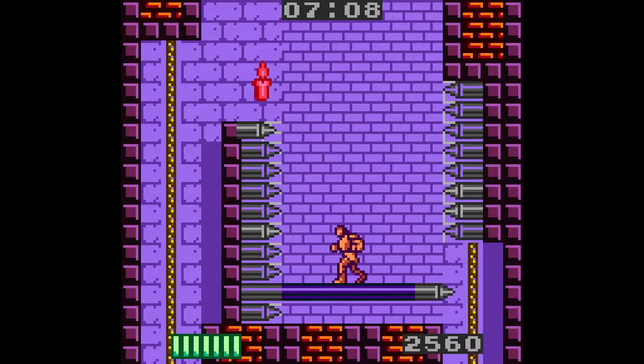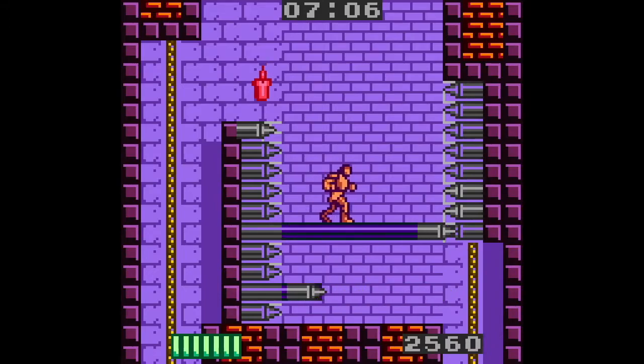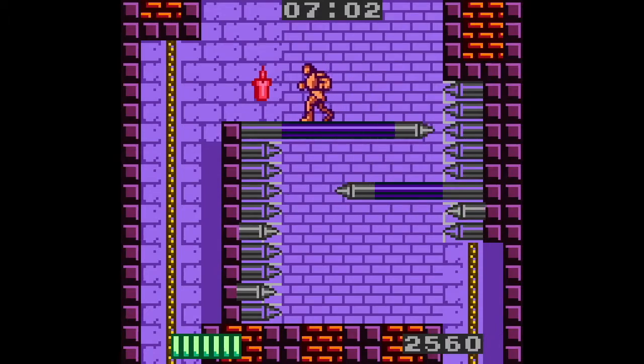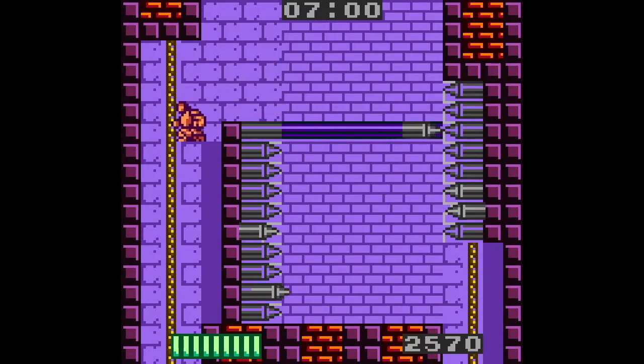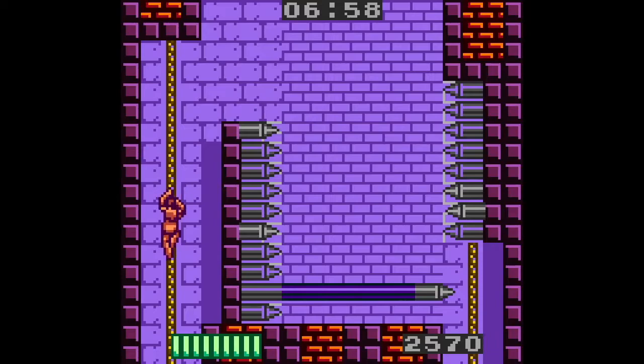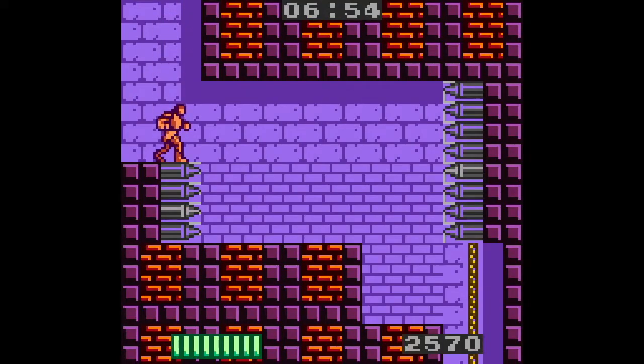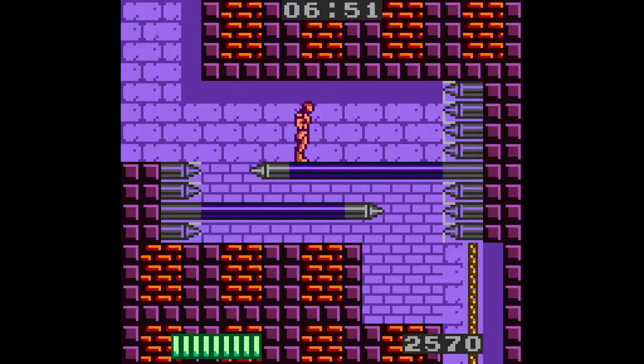Alright, let's try this again, and hopefully we won't take too much damage. Honestly, I'm not worried about damage itself, I'm more concerned about knockback, because this is a Castlevania game, so getting hit by one of the moving spikes might be enough to push us into the instant death spikes. Alright, so we made it through there,